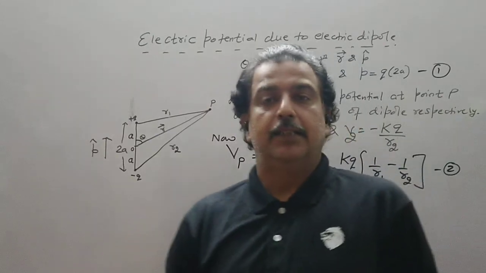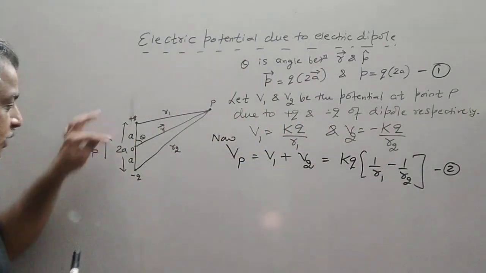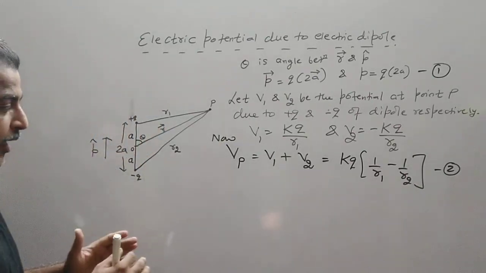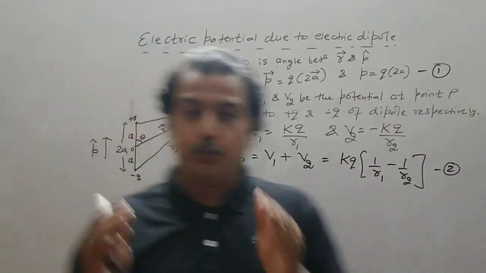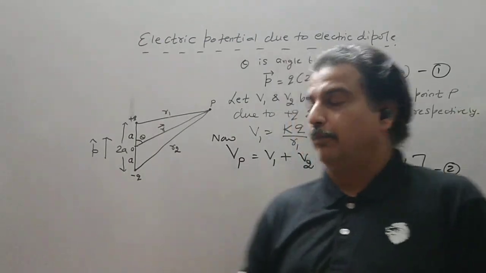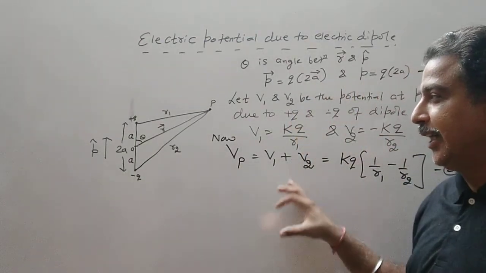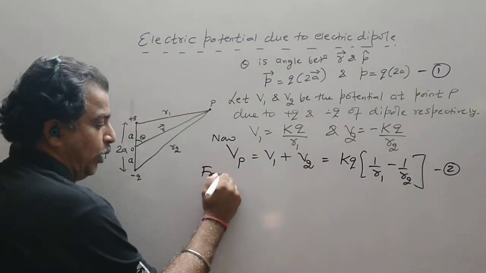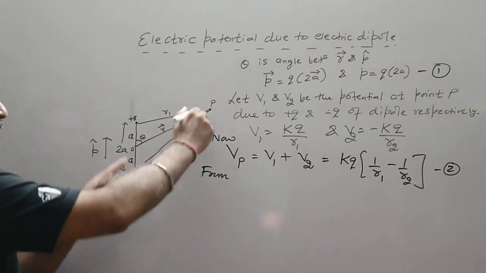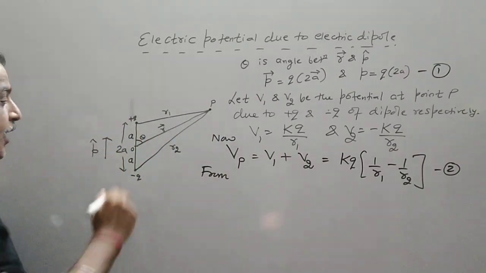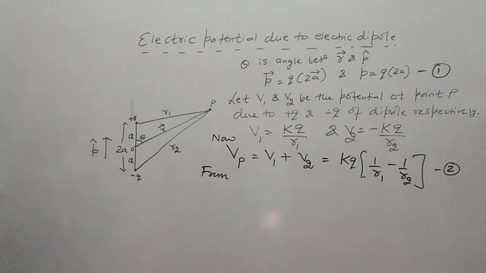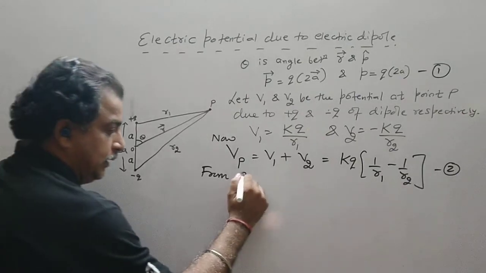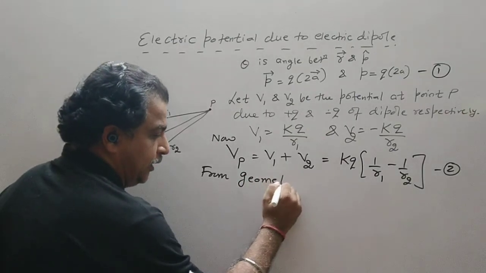Now this is not a right angle. Here we are taking R1 directly, but it has a proof also. We can prove that, but for the time being we are directly taking this distance. The mathematics students know how to find this distance R1 if we have the distance R and the distance A and the angle is theta. So there is a method to find R1.